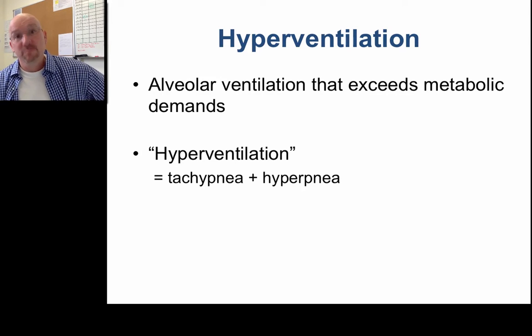First of all, what's hyperventilation? Well, hyperventilation is breathing too much. So it's alveolar ventilation, getting too much gas exchange in the alveoli that is exceeding our metabolic demands. So we're blowing more gas through there than we need. Hyperventilation technically is a combination of tachypnea, which is breathing fast, and hyperpnea, which is breathing deep. So breathing fast and deep